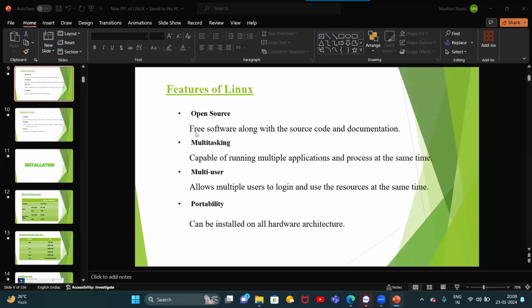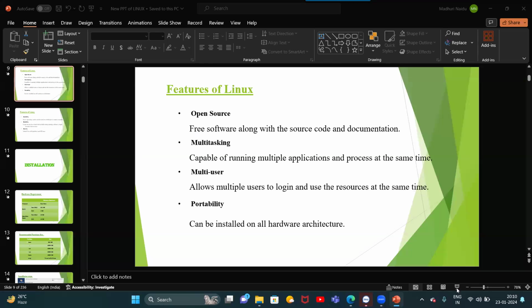So we'll discuss the features of Linux. Before discussing the operating system and how to install it: in order to work with shell scripting and execute scripts, first of all we need to install an operating system, right? So why Linux or Unix when we already have Windows? Why are we going with this Linux operating system? The features of Linux I will explain now.